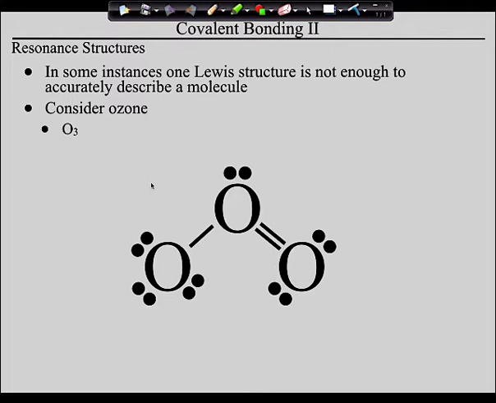But guess what? When you take an ozone molecule and you measure the bond lengths, this bond length is actually about 1.3 angstroms, 1.278 angstroms. So what should this other bond length be? Shorter, right? Guess what? When you measure the length of that other bond, it's exactly the same.